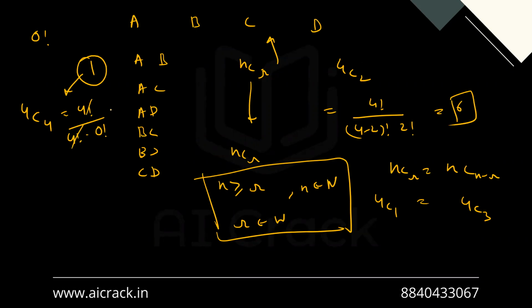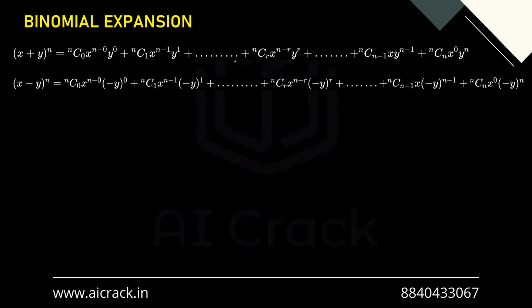Now this gets cancelled out and this is 1. So this means 0 factorial has to be 1 to satisfy this condition, right? And now since we have talked about basic things about nCr, factorial and the binomial expression, let us talk about